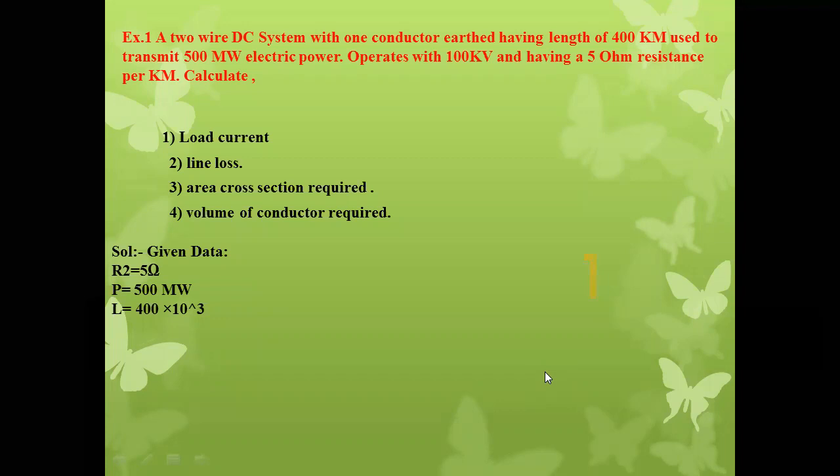Specific resistance, or the resistivity. So consider it is aluminum conductors. ACSR conductors are there. So the resistivity for the ACSR conductor or the aluminum conductors is 2.8 into 10 to the power of minus 8 ohm per meter. This is the specific resistance of aluminum conductors. Value for the rho is equal to what? 2.8 into 10 to the power of minus 8 ohm per meter. Write it down.